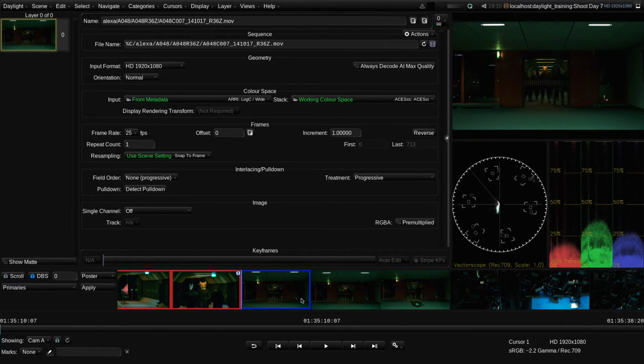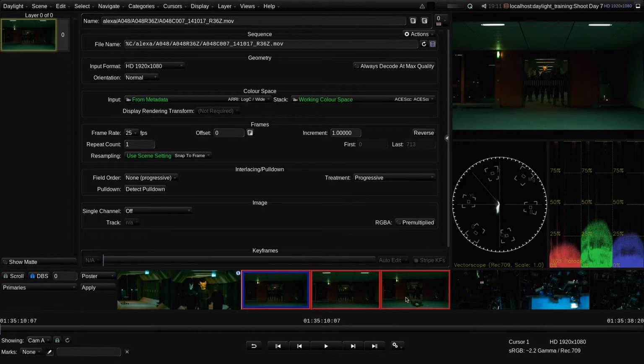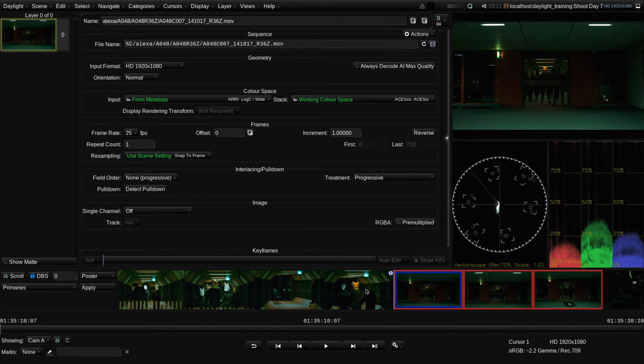These next 3 shots all look the same, so I want to apply the same grade to them. Once again, I'll select them as a group, but first I'll deselect the other group of shots by pressing Shift-Command-A on the keyboard. I'm going to copy the same base grade I used on the first shot, but this time I'll show you another way of copying and pasting the grade.